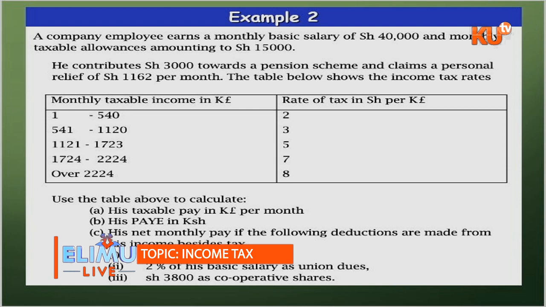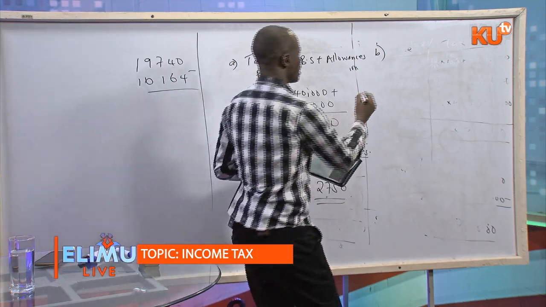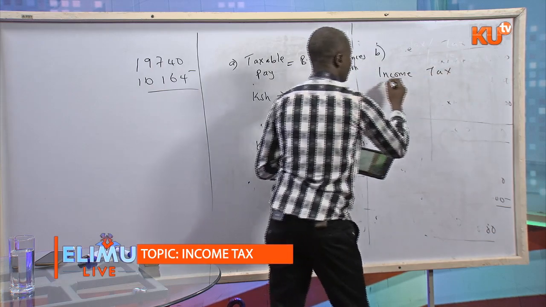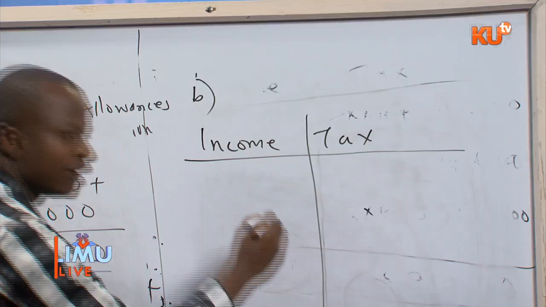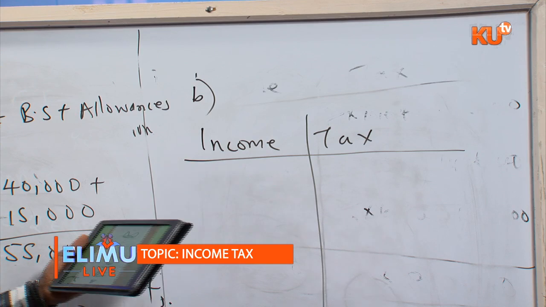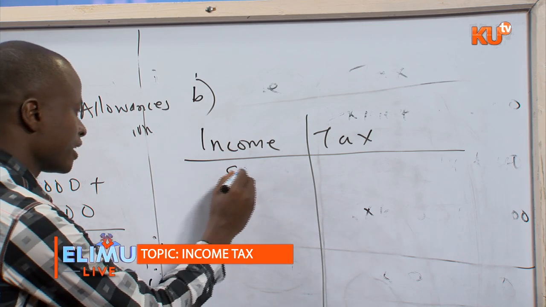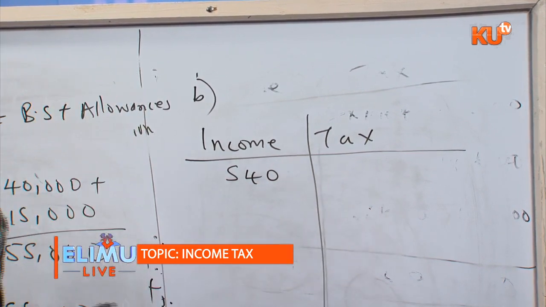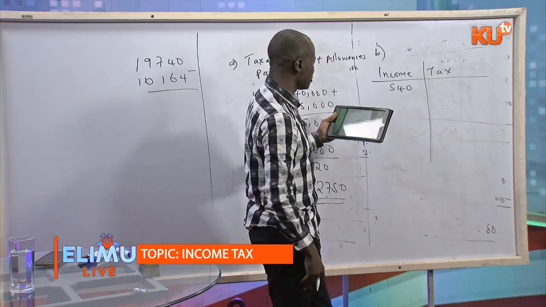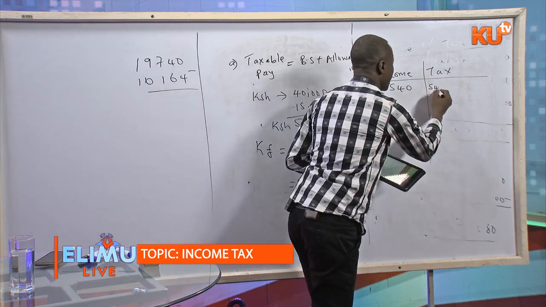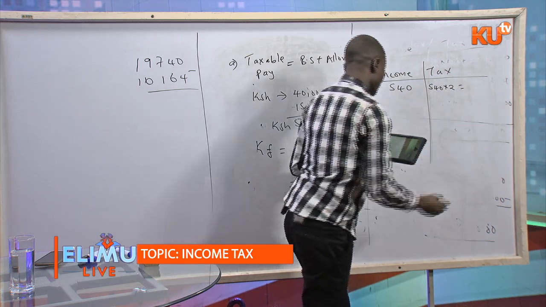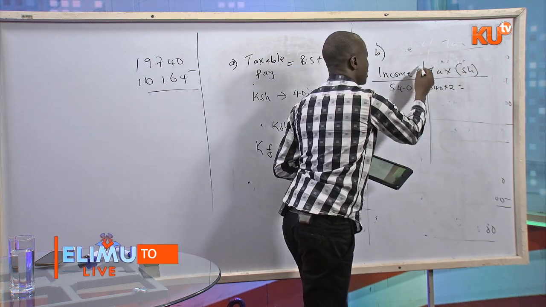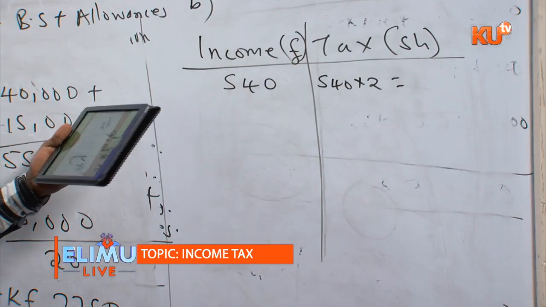So again, make a table like the other one. You have your income on the left, then tax on the right. So the first income is 540. The tax rate is 2 shillings per pound. So 540 pounds, that will be 540 times 2. And this tax we are doing is in shillings, but the income is in pounds. So 540 times 2 gives you